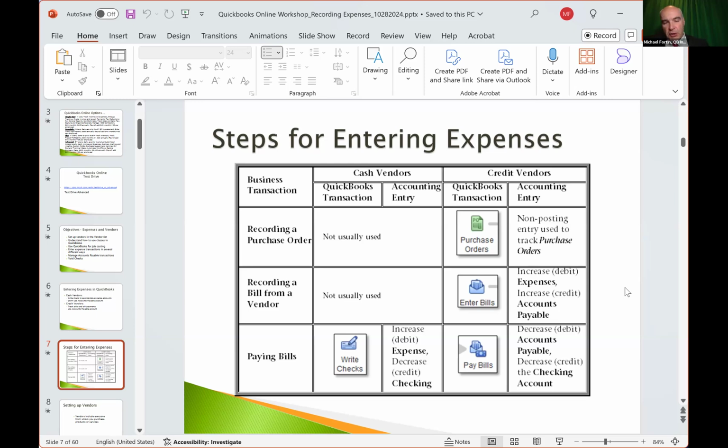So, for example, we'll take the first row that goes across, right? Recording a purchase order. So what's a purchase order? Purchase orders are used by many businesses to track the items that you're ordering for customers, right? So if you're a contractor, and let's say you're an electrical contractor, and you go to your local electric supply house, and you need to order a bunch of supplies, it's common to issue a purchase order, which does a couple things.